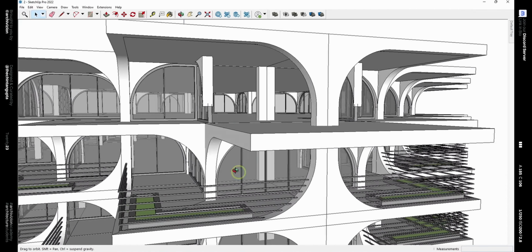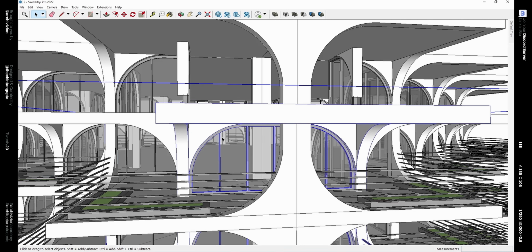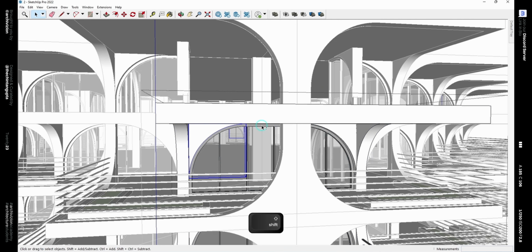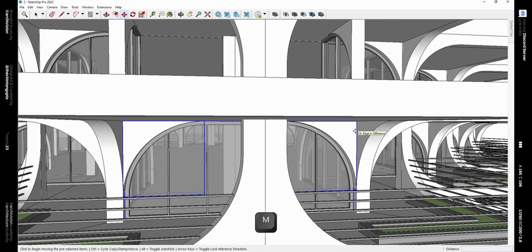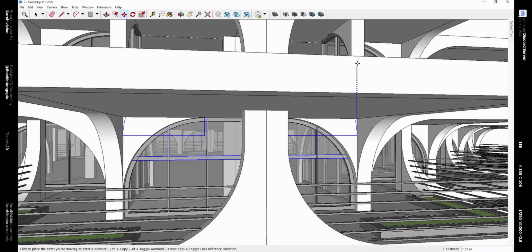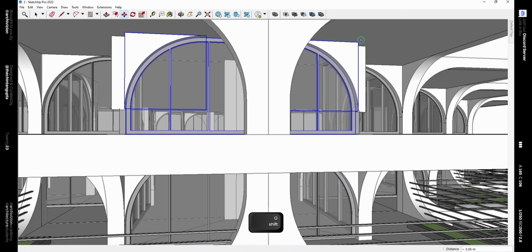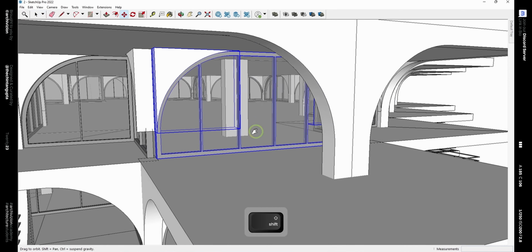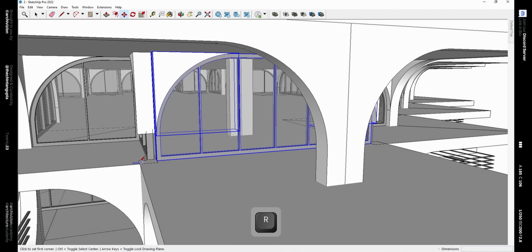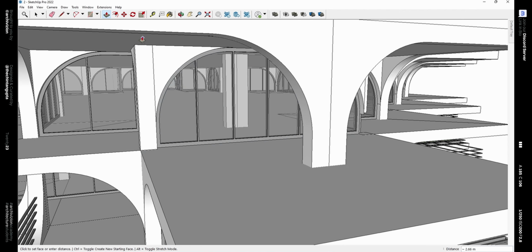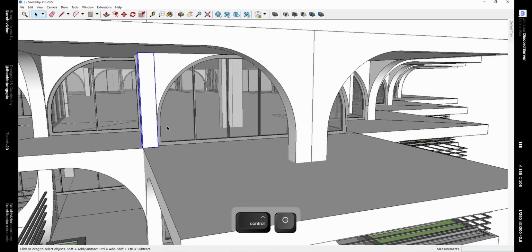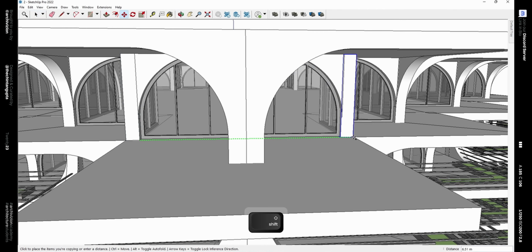And we need to repeat the same thing on this side as well. Make a rectangle and use the push pull tool to make a column. And make a copy of this over here.